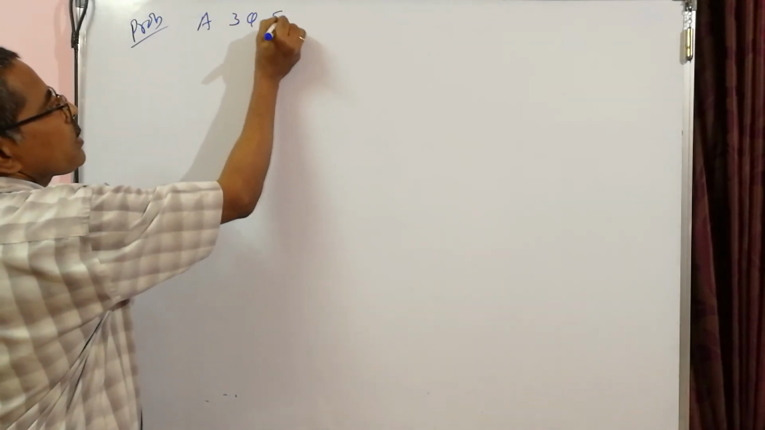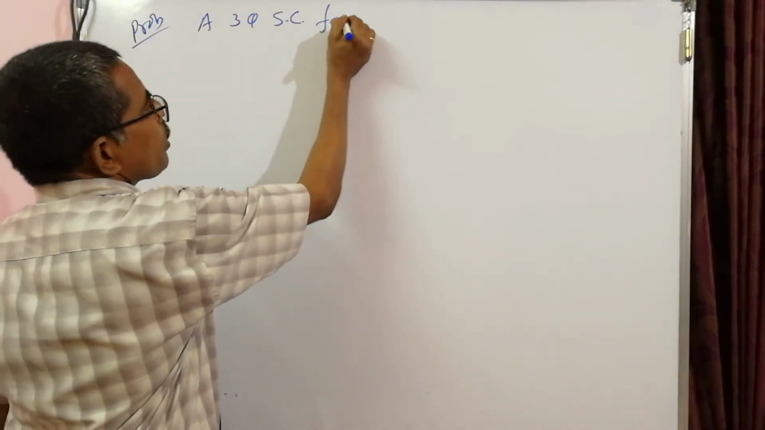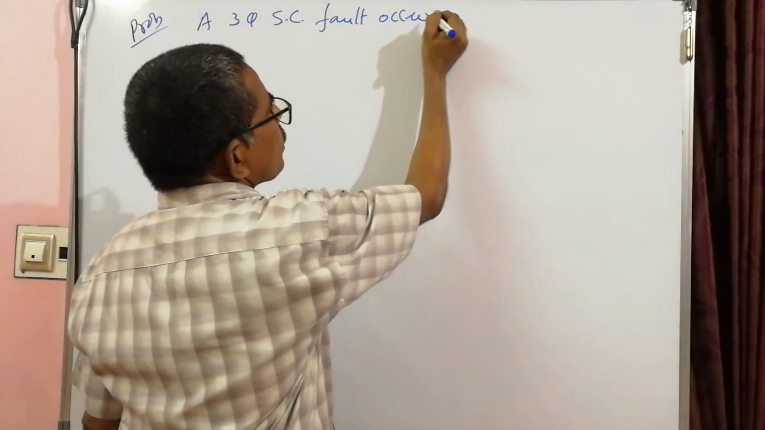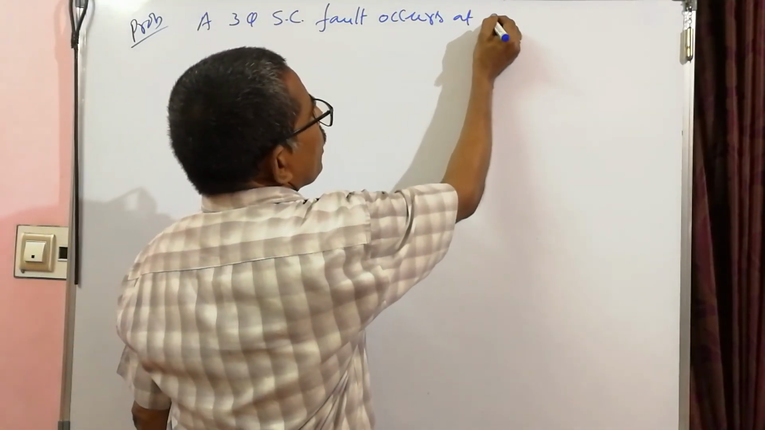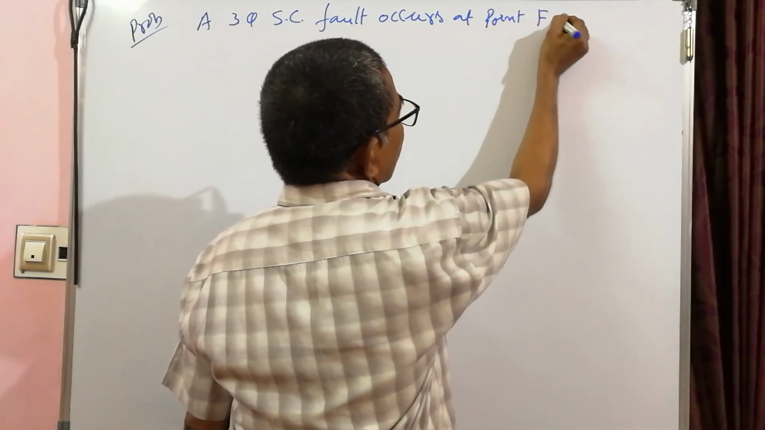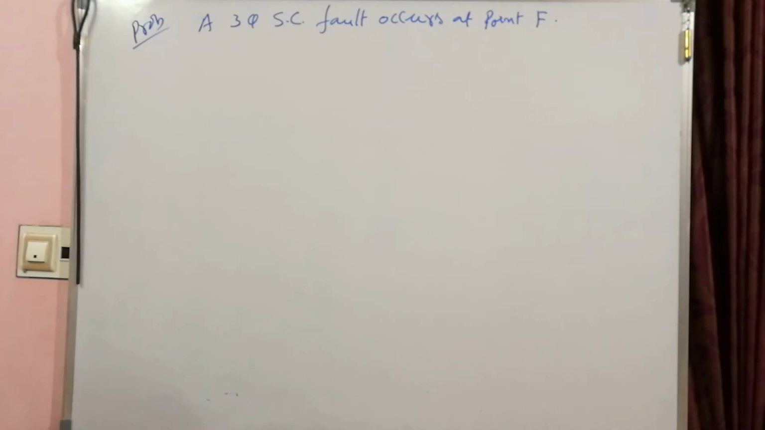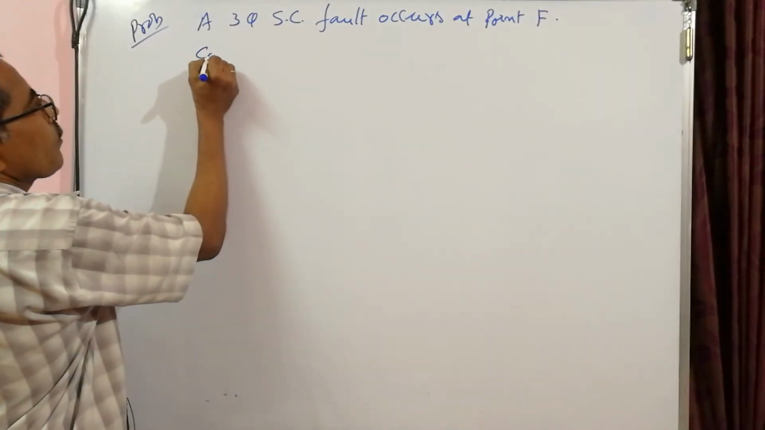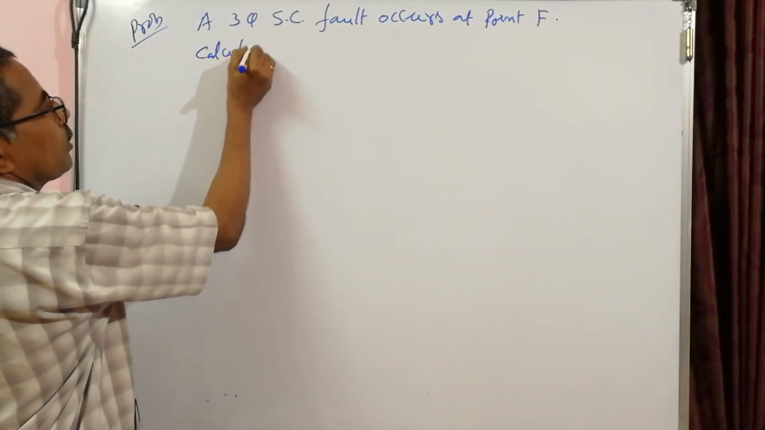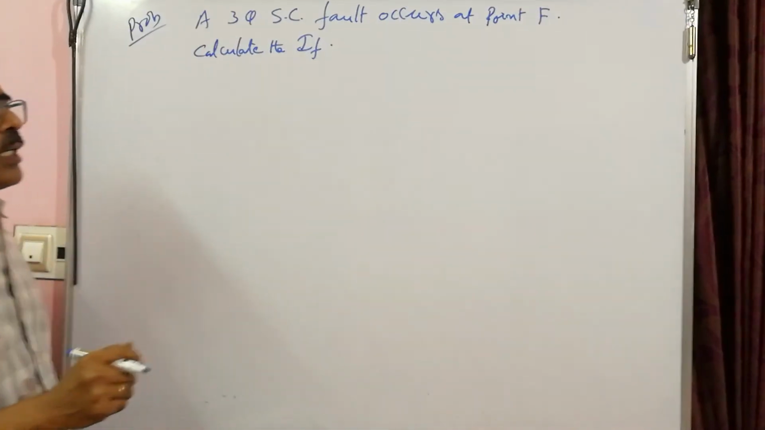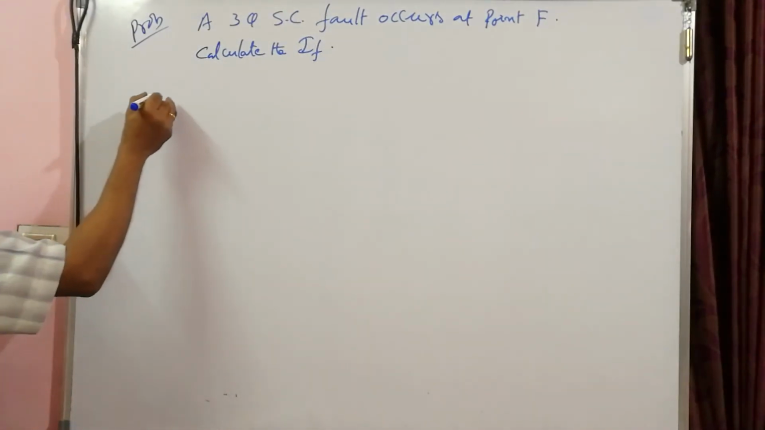A three-phase short circuit fault occurs at point F. Calculate the fault current. The system given is